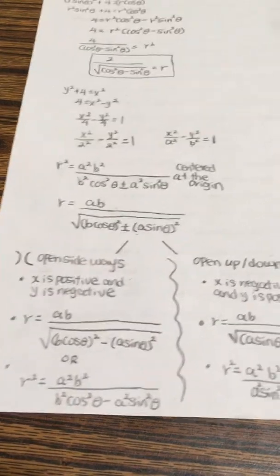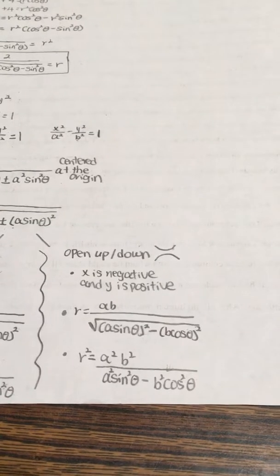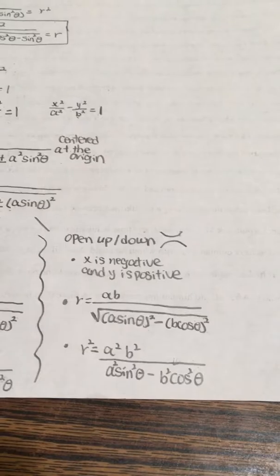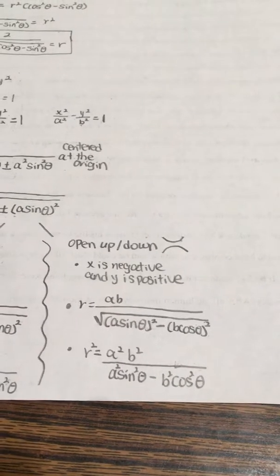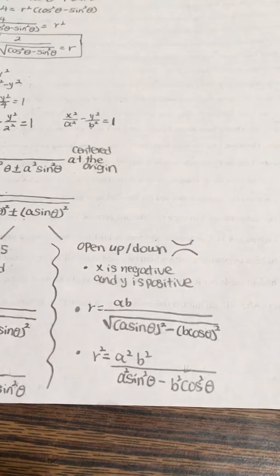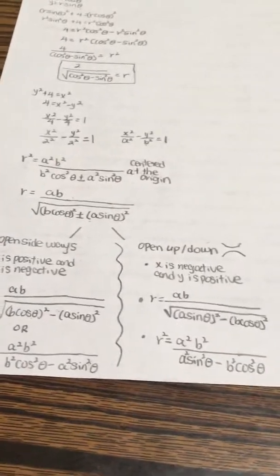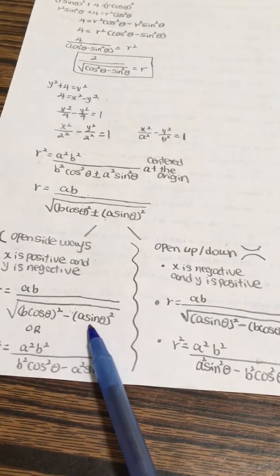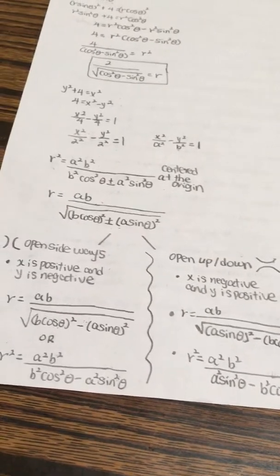And if you want the hyperbola to open up or down, in rectangular form, it would mean that x is negative and y is positive. In polar form, it would mean that in the denominator you will have a sine theta squared minus b cosine theta squared. So basically, you can see the difference here. In this case, you have minus a sine theta squared, and in this case, you have minus b cosine theta squared. And it makes sense because